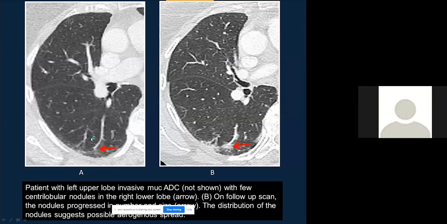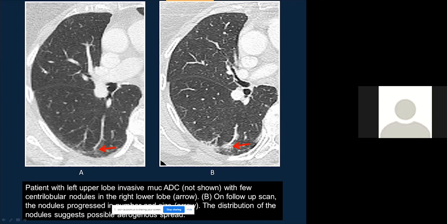Here we can see a patient that had a nodule in the right upper lobe, which is in the left upper lobe, which is not shown. But we could see in the right lower lobe here on the left of the image, at the same time that we had this invasive mucinous adenocarcinoma in the other lobe, these very subtle ground glass opacities in the right lower lobe. So contralateral lung. But on follow-up scan, the nodules progressed and became more solid, and it was further